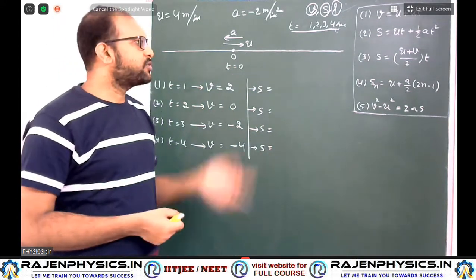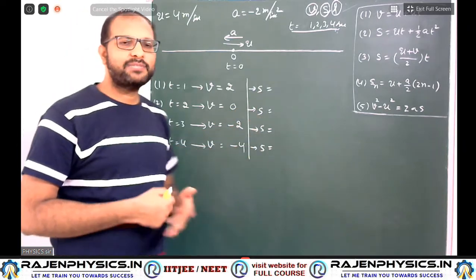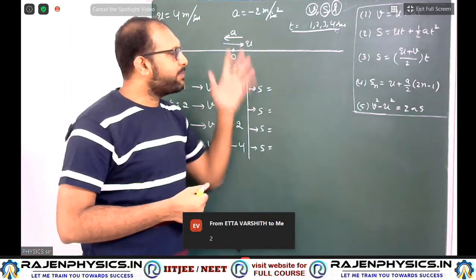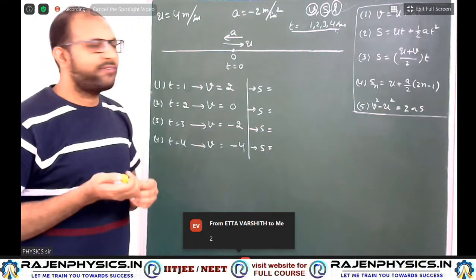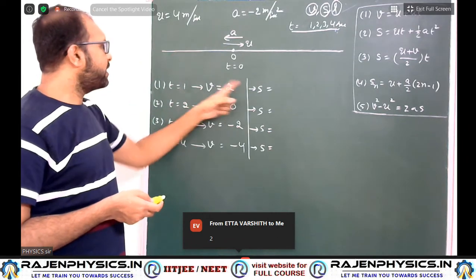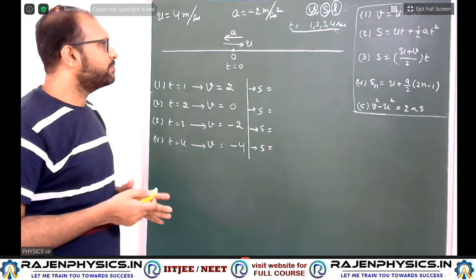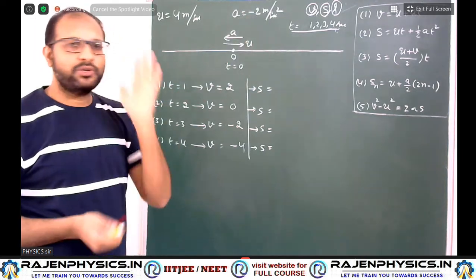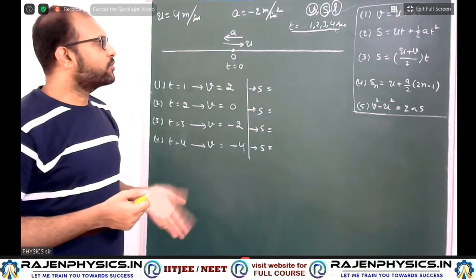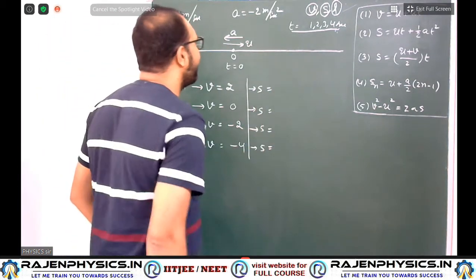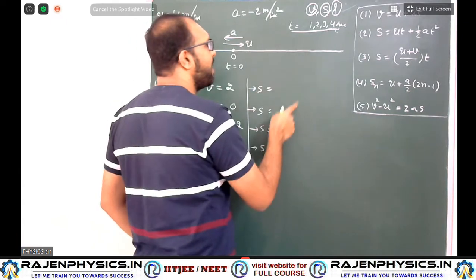Yes, students, please choose the equation to find the displacement. Equation number 2, excellent. Equation number 2, s equal to ut plus half at square. Already u we know, times are given 1, 2, 3, 4. Half a is minus 2, but the minus sign you should also use. Then t square. Okay, now started. Yes, you also calculate. Here I am also simplifying.